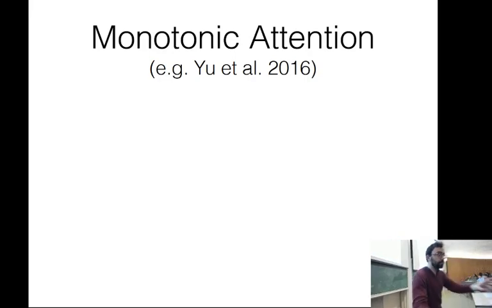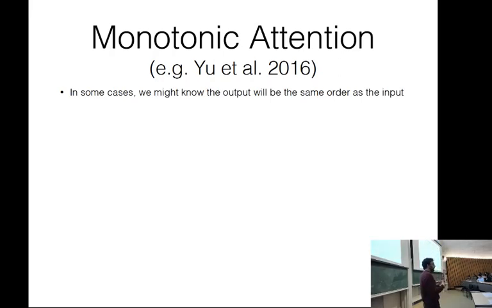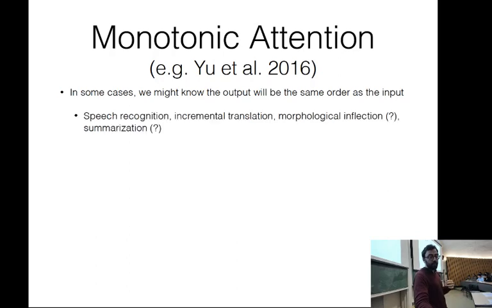Another thing that you might do is to encourage the attention to follow the diagonal, to be monotonic. And why would you do that? There's many cases where that's the expected relationship between the input and the output, right? So one is speech recognition, right? When you are transcribing speech, you don't want to mess the order at which things were uttered, right? Ideally you would transcribe every sound that is made in a chronological order, in a left to right or